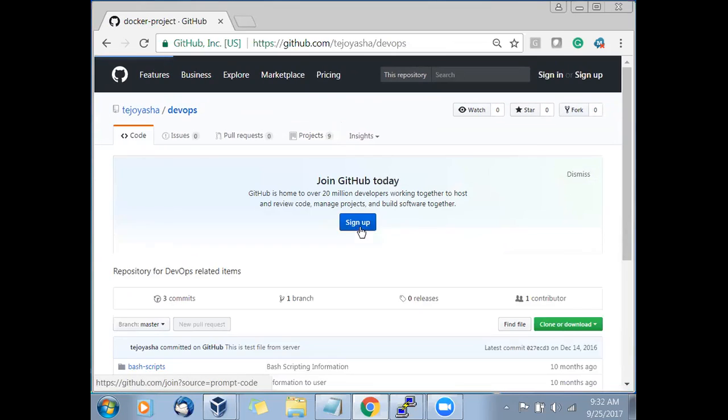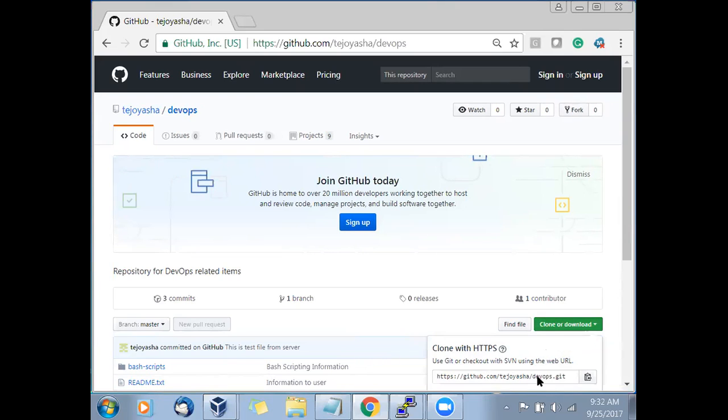So let's go and see that. Here is nothing. Now you see the mark here. What does it say? Clone or download. That means you can clone or download. If you want to go with the public repo, you use this URL. I will click on that. You see that there is a URL. I'll click and copy the URL. So now my URL is copied. Now I can clone this project on my local machine. This is on the internet, but I can clone it on my local machine.